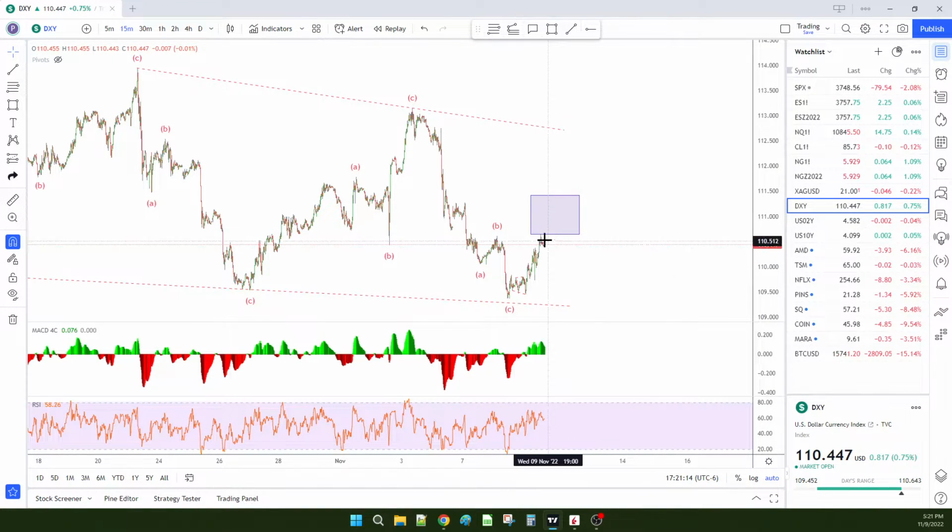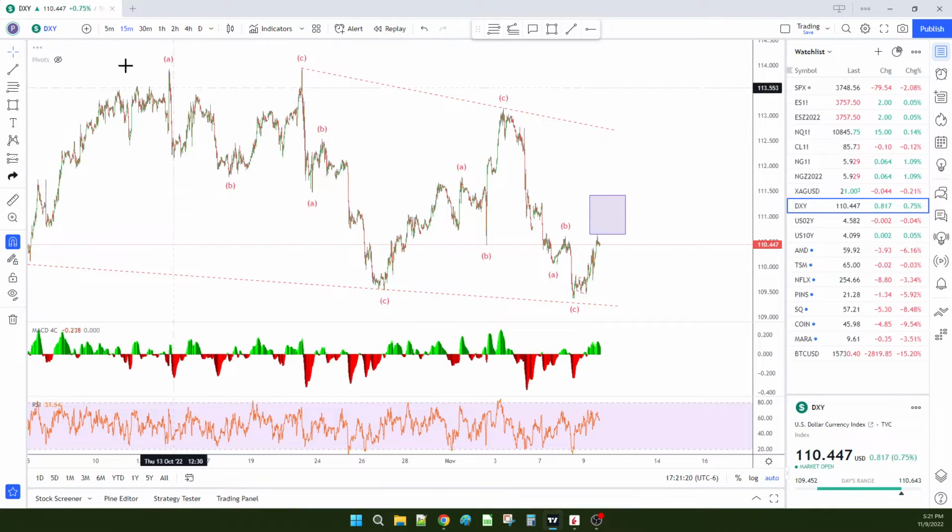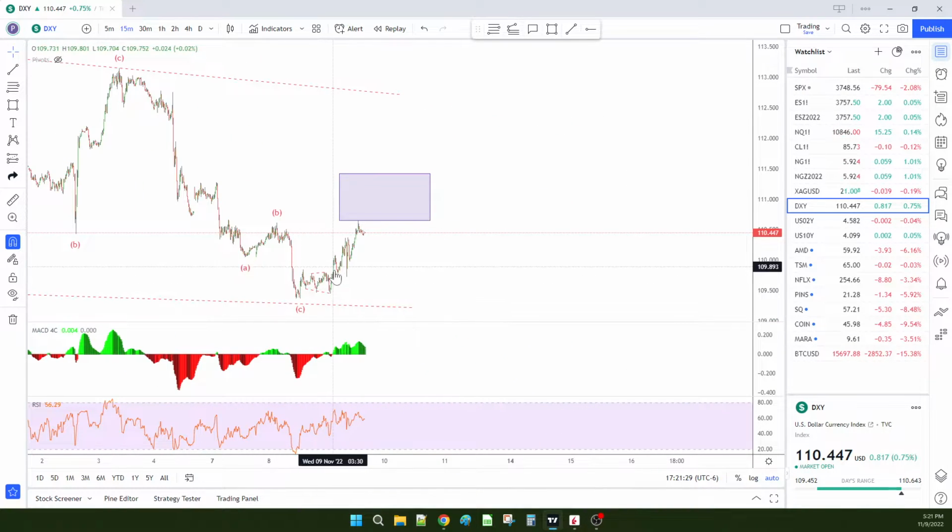Where does it go from here? Like if it starts pulling way down, then I might be thinking that this whole thing is a leading diagonal coming into this zone, and then we're going down. But when I really break this thing down, I can see a series of three waves for a leading diagonal. So this could be leading diagonal for A, correction down for B, up for C, and then reverse.